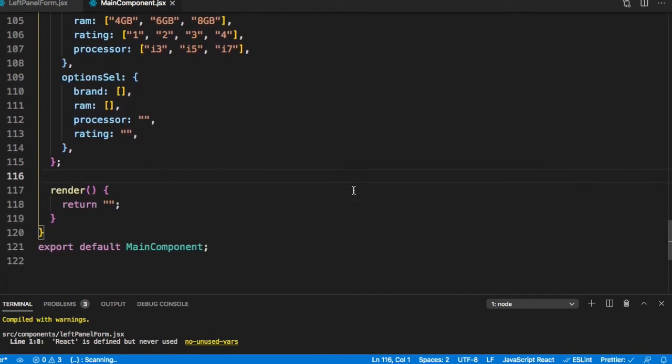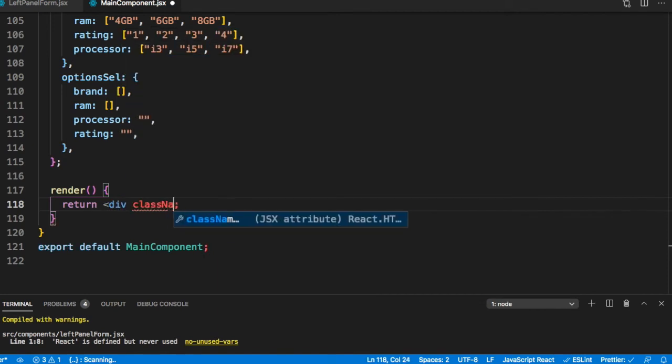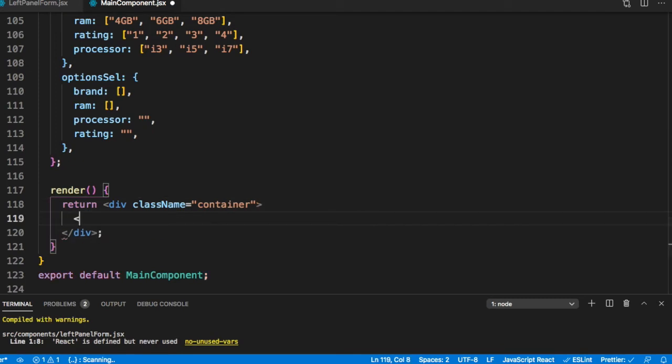So let's first do that. In our render, let's just make a div here.